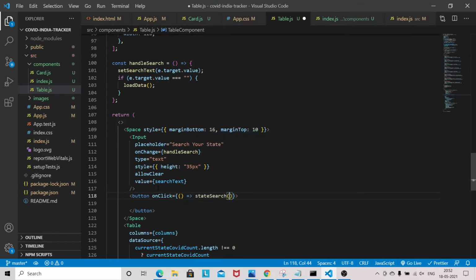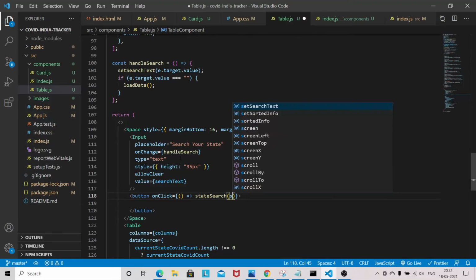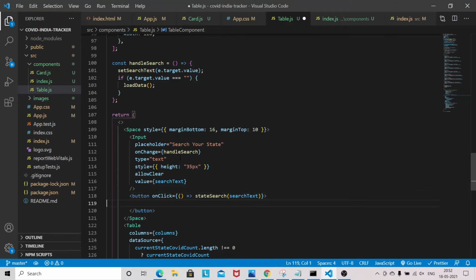Okay, so this handler will be coming from the app.js. So we have to define the search functionality in only the app.js file itself. Okay, so it will be passing the search text back to the parent component,